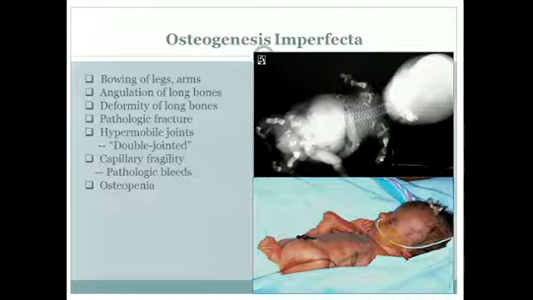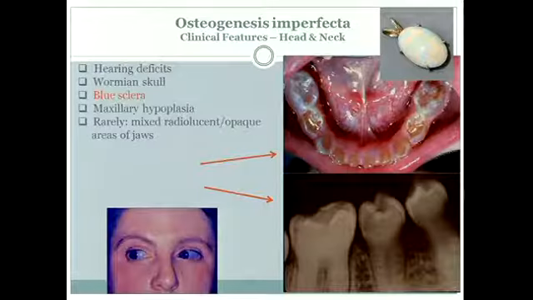They also have osteopenia. So penia means less, so less bone as well. So there's lots of things happening with these poor kids. One of the things that we'll see clinically, and it's important to us, again, is something that we call this